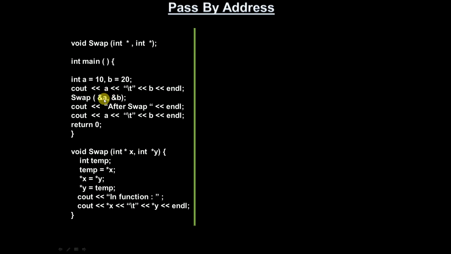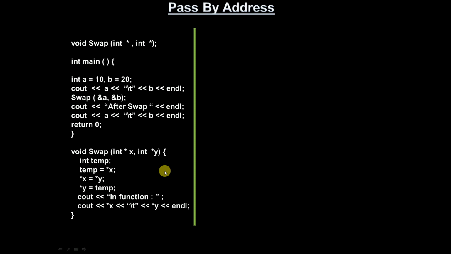But here, whatever the size, assume A is an integer, it may also be a character, a float or an object of a class, whatever the data type, we need only 4 bytes. This is the code, and here temp equals star x refers to the value present at x. I have modified this code based on pass by address.